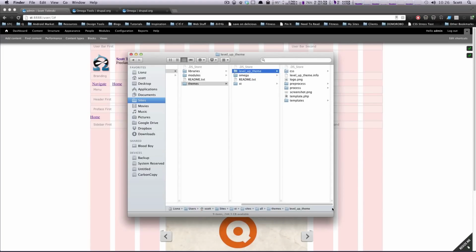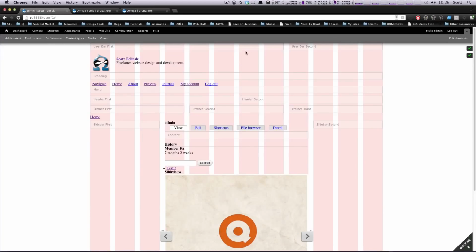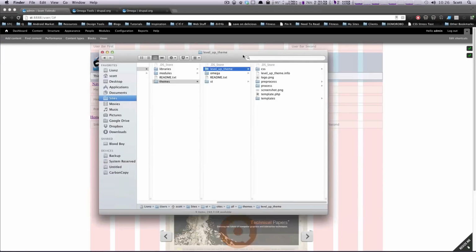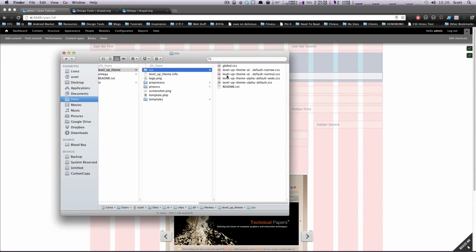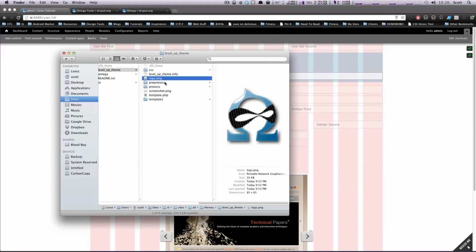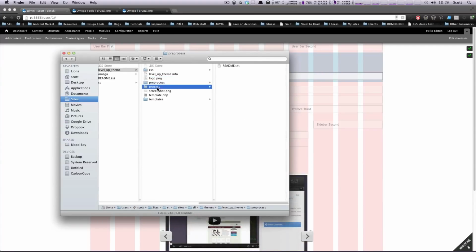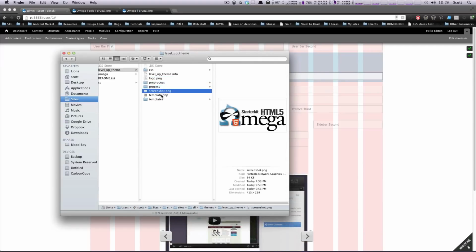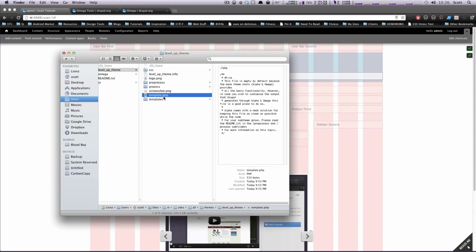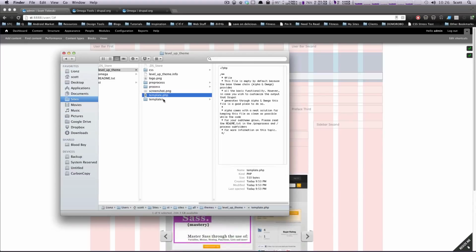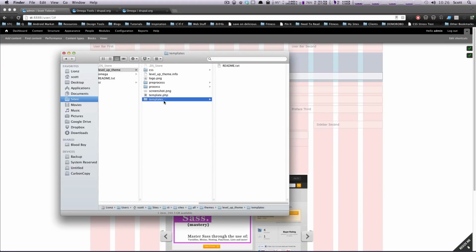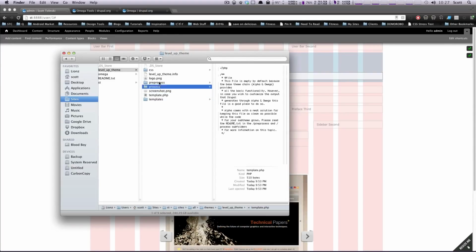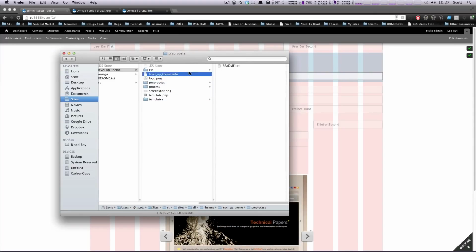And inside of our theme, you'll notice some folders. We have a CSS folder, which has several different CSS files we'll go over. We have our info file. We have a logo, pre-process, process. We have a screenshot, just a template.php file, and a file for our templates. While we're not going to really cover this template process, pre-process right now, we are going to be looking